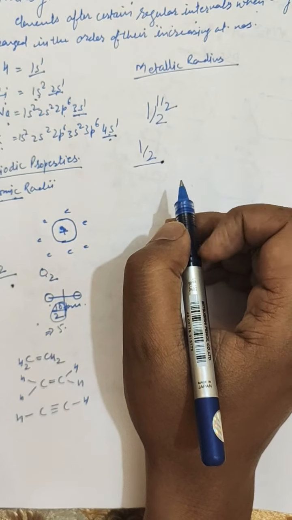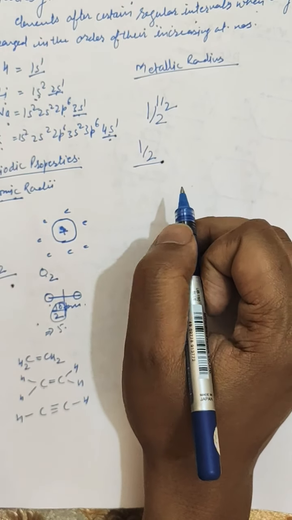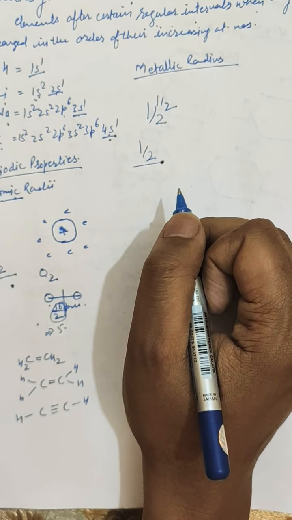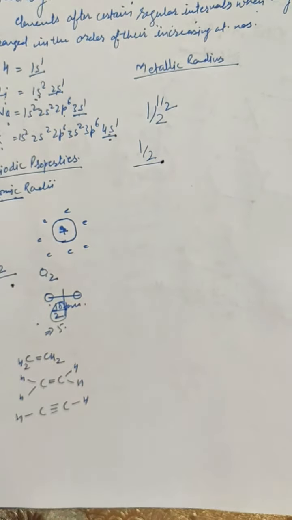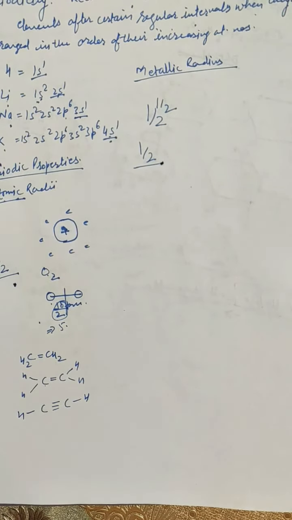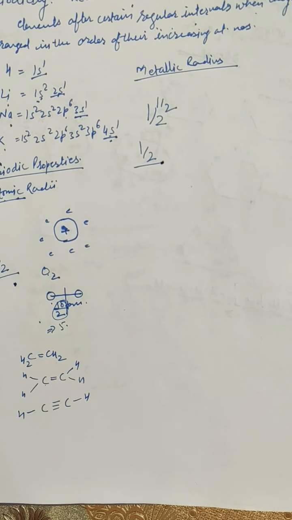Thus, the van der Waals radius corresponds to the closest approach of two atoms of noble gas or non-polar molecules of other substances which otherwise do not form bonds. So van der Waals radii do not form bonds, and further, van der Waals radii are always larger than the covalent radii.